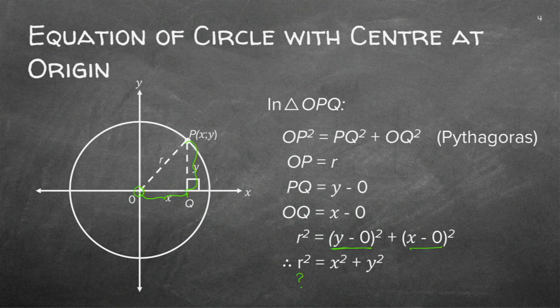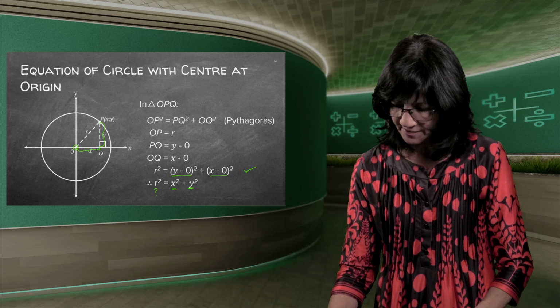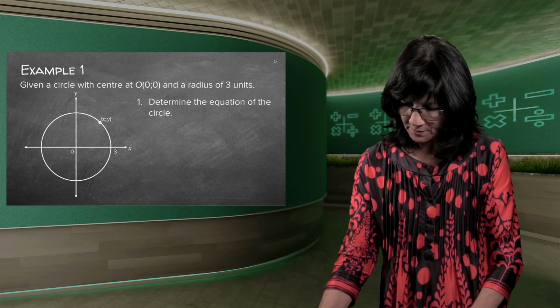I just want to go back quickly. Just remember this way of writing, because in the next lesson, when we start moving this circle around, it's very important that you know where we got this x squared and y squared from. It doesn't matter which one you put first or last. It's actually the distance between those two x's, so it's x2 minus x1. In this case, it was just 0. That's why those zeros disappeared. Good, but that's for a bit later.